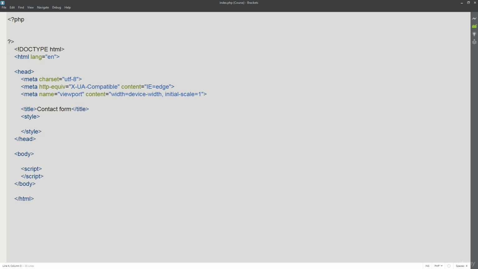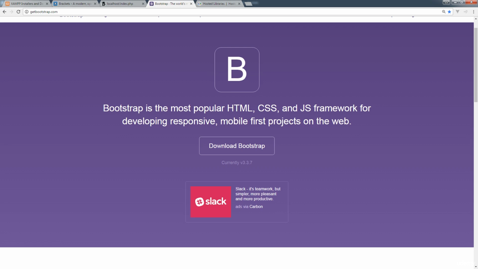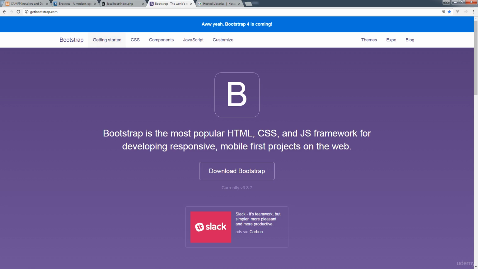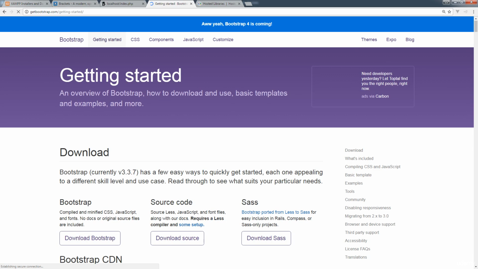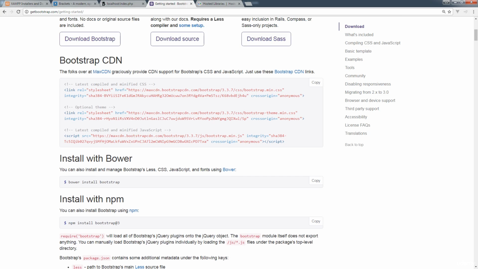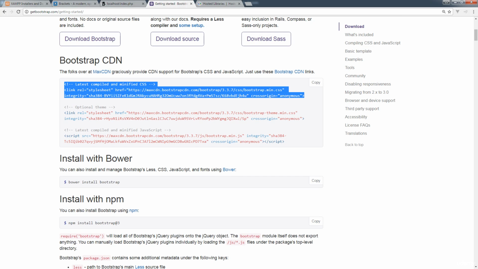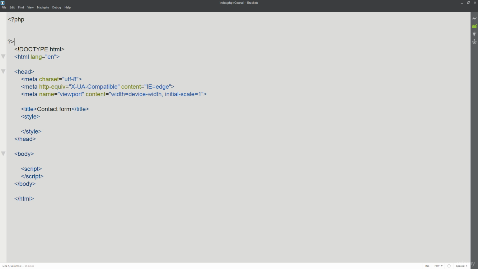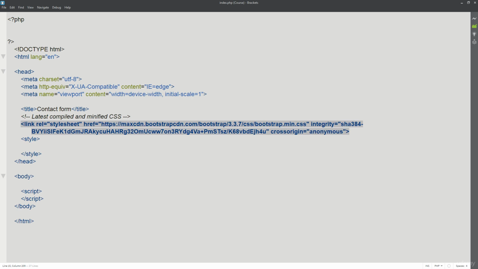So let's begin creating some of our structure within our HTML. Actually, first let's link out to the Bootstrap CDN. Going over to Bootstrap, we're just going to get the basic CDN, which you can get at the getting started page. You've got some options to download it, but I'm just going to link to the web CDN. So grab that, bring that into our project. I'm going to place it at the top, just above the style element,